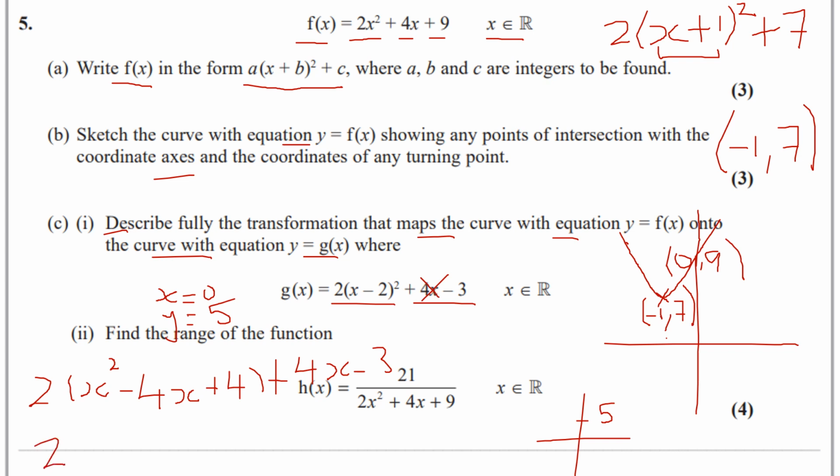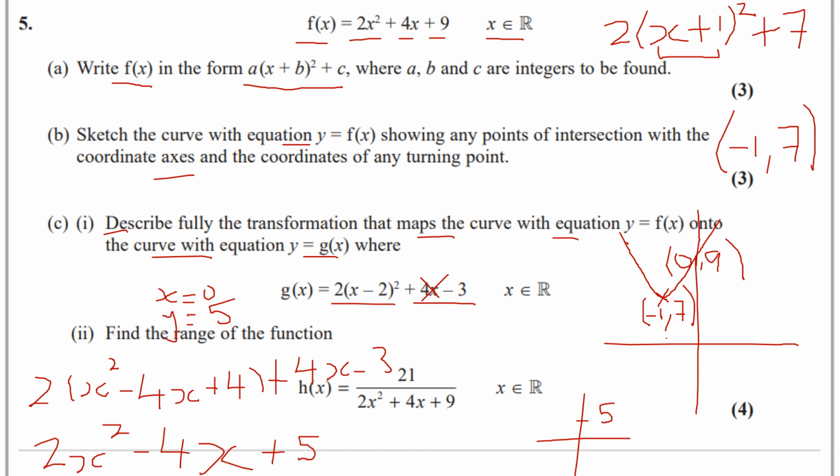So I have 2x squared minus 8x, but plus 4x would be minus 4x. Then I've got plus 8 minus 3, that would be plus 5. Okay. So it's this, okay, so it's a very similar curve. It's just been translated, no, it hasn't, sorry. So if we look here, okay,